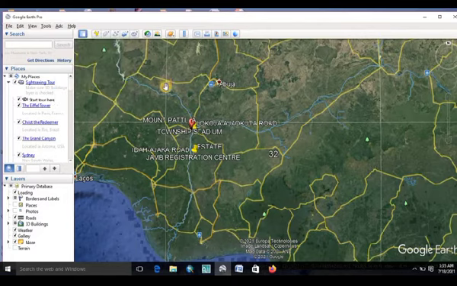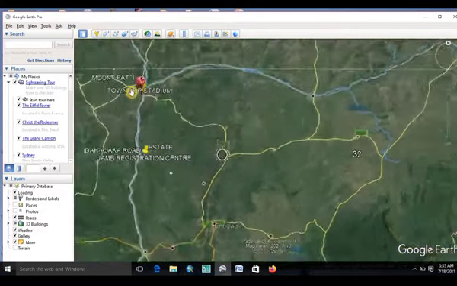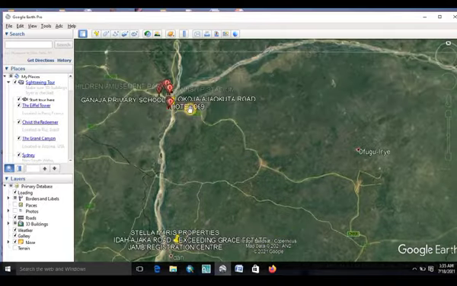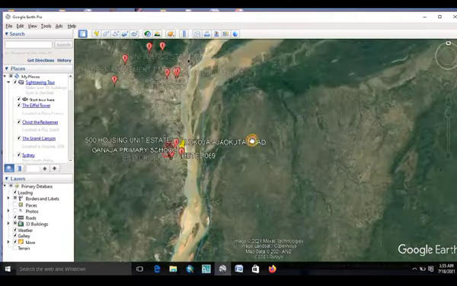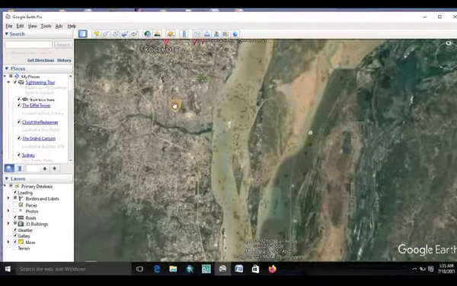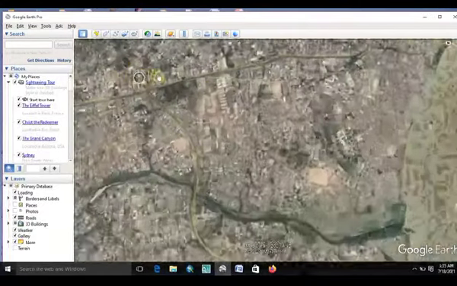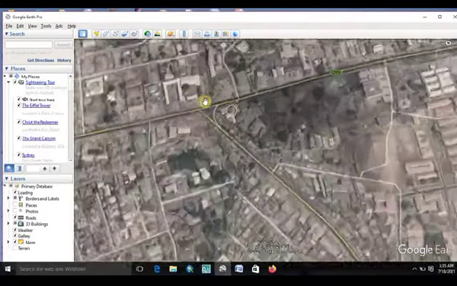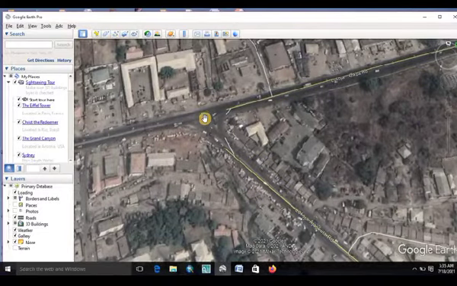Let's go briefly into the other tools. You can see the Placemark. This is the Placemark. Now if I click on the add placemark, let me just click here because I'm using local jar. If I click on the add placemark and I want to get the coordinate of this place, after I've determined the coordinate that I want, I click on this add placemark